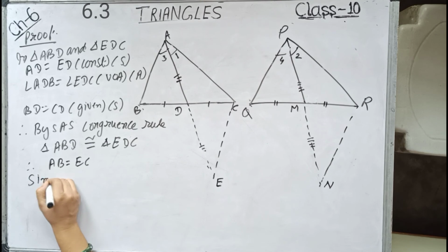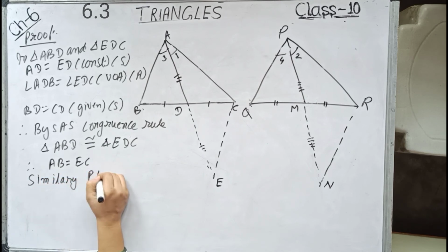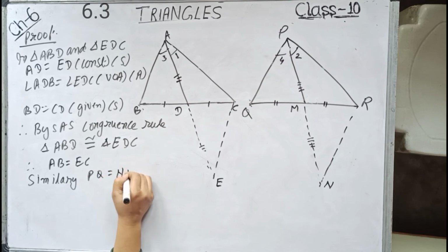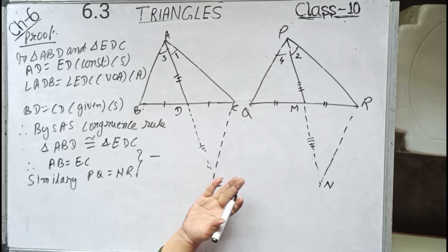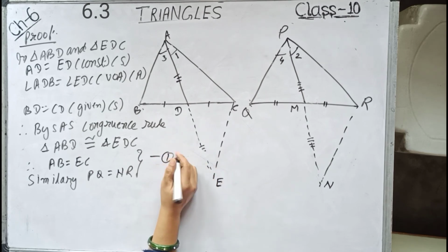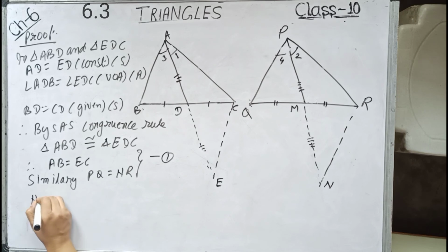Similarly, PQ equals NR. Let us make it an equation number. Any equation I haven't named, I don't remember. If I have named, make it further. Similarly, PQ equals NR. Now,